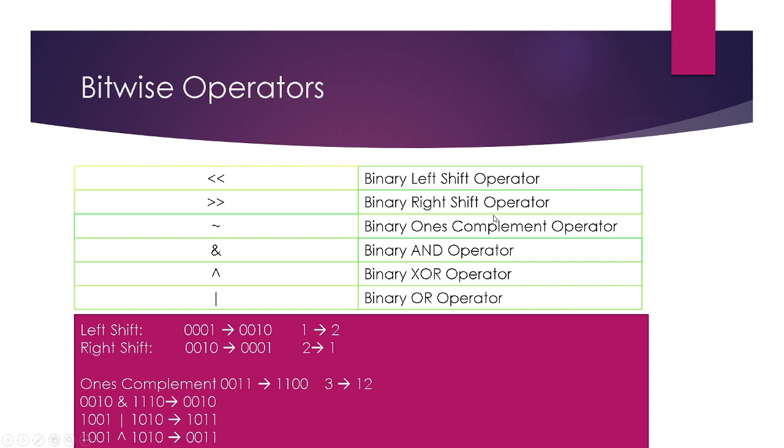Similarly, the AND operator will do bitwise AND. The fourth bit here and the fourth bit here, AND of 1 and 0 is 0, so the result is 0. Similarly, in the second place 1 is there, and in the second place 1 is there, bitwise AND is 1, so 1 has come here. Similarly, bitwise XOR: what we have to do is XOR the individual bits. Here it is 1, here it is 1, XOR of 1 and 1 is 0, so 0 has come here. Similarly, bitwise OR: we are doing OR gate for each bit.